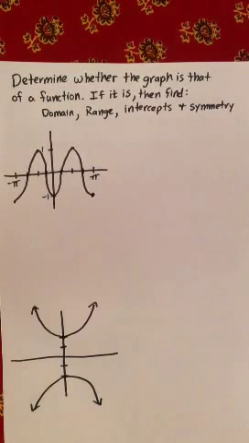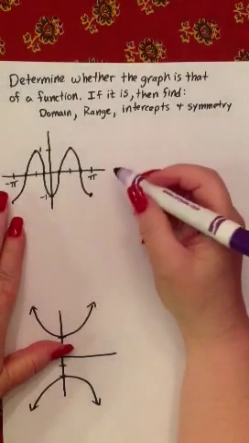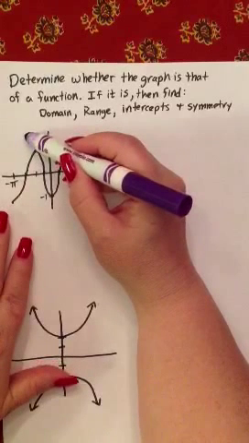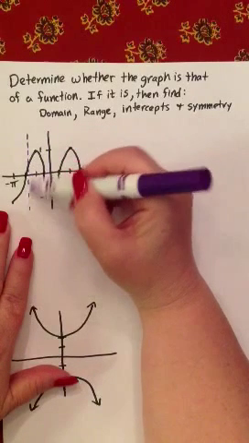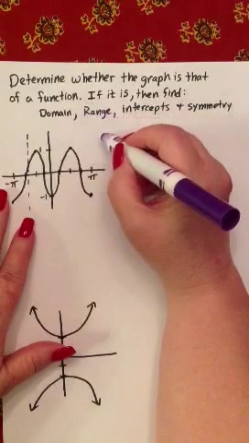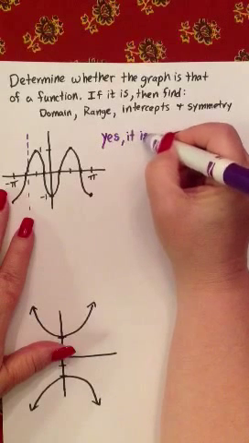Alright, in these kinds of problems, we are going to determine whether the graph is that of a function. If it is, then we're going to find domain, range, intercepts, and symmetry. So first of all, when we looked at the first graph here, I think you'll notice it passes the vertical line test. Like if you were to drop a vertical line, it only crosses it in one place, okay? So it passes the vertical line test, so we could say, yes, it is a function,